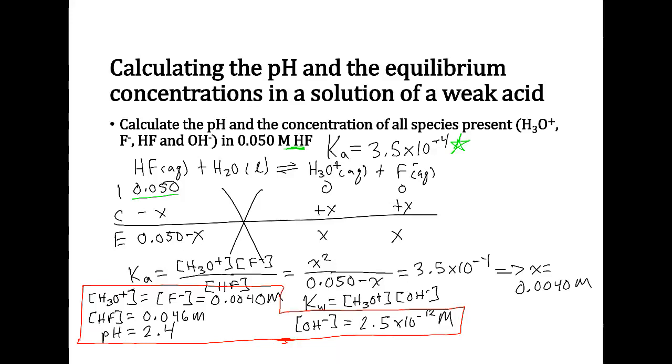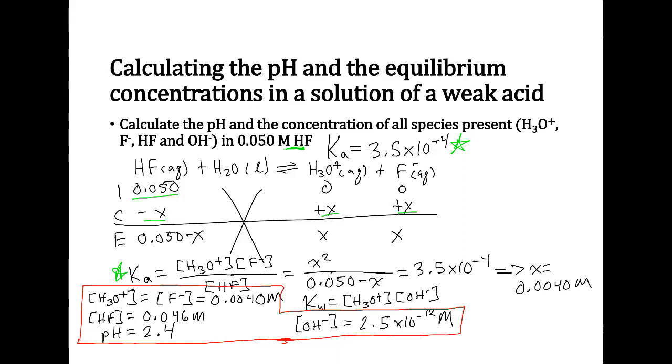So you'll have 0.050 for your initial concentration. Then you'll have the changes: minus x, plus x, plus x. And this time you'll have to use the quadratic equation because you'll set up your expression for Ka right here. And then you'll have hydronium times F- over HF. We'll substitute in our variables, so we'll have x squared over HF, because both hydronium and the fluoride ion are x. So then we should solve for x, and we should find that x is